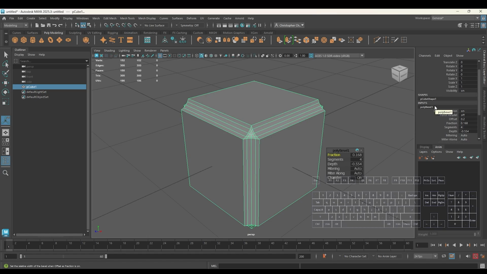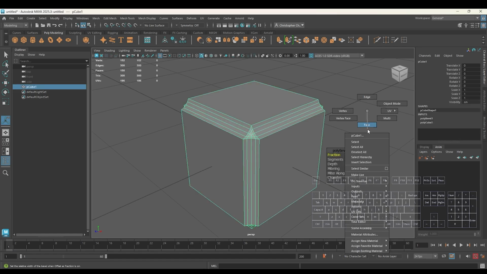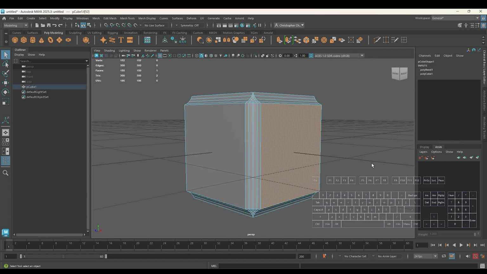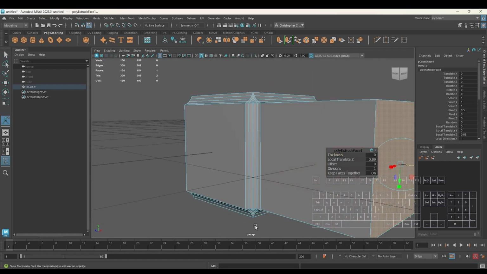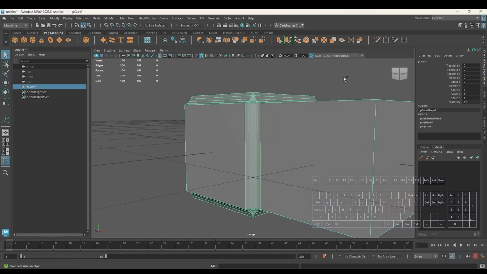Here, our input nodes all kind of build up upon each other. Now, what do I mean by that? Well, if I was to go ahead and, let's just say, extrude this face here, and then I go back into object mode, you can see that there has been an extrude face input node added onto my object here. If I click on it, you see that there are all of these different options that I can work with. But this node is taking information and is built off of the information from this